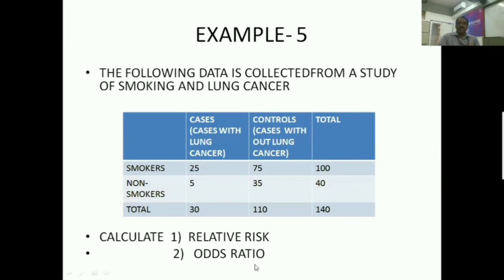So you must find out in the same way. I had already explained for you. Can you do it? Can you try? You try. Okay, and if you are unable, I am going to explain for you. Already you know relative risk is incidence among exposed divided by incidence among non-exposed. Odds ratio is AD divided by BC. You try. Anybody got the values? Are you trying?